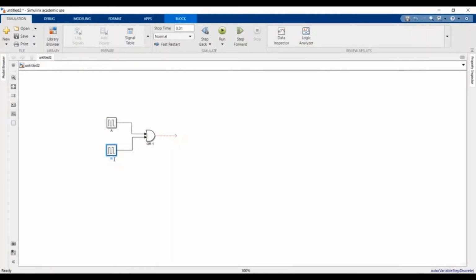This as B. You can also name the wire as well. If I double click on the wire, you can call this A signals, and then this B signals. Okay, so before I show you the output from the OR gate, let's look at how this rectangular pulse actually